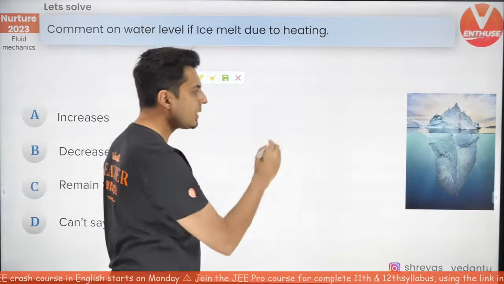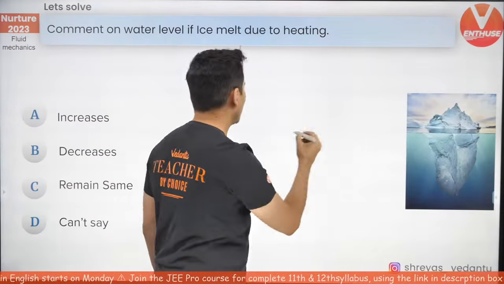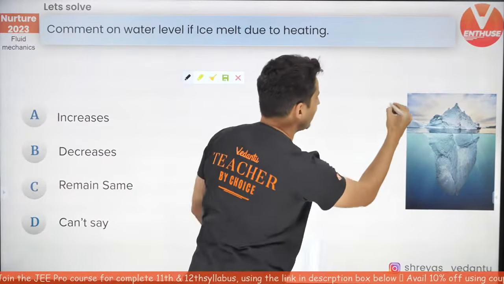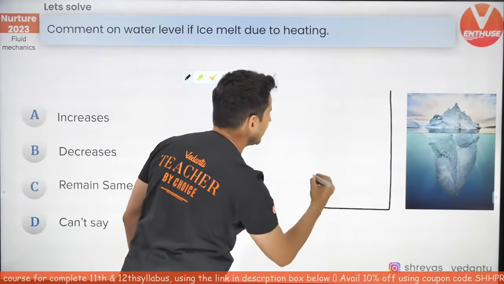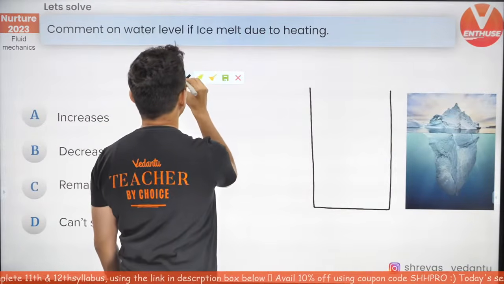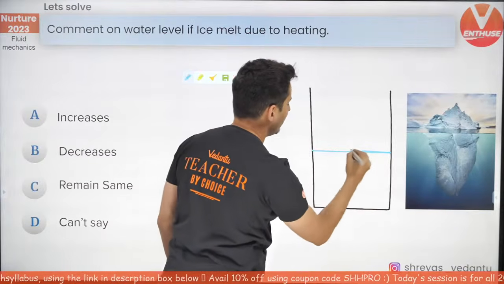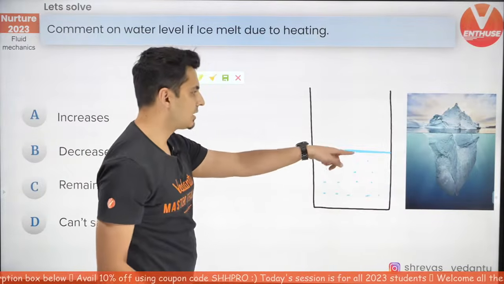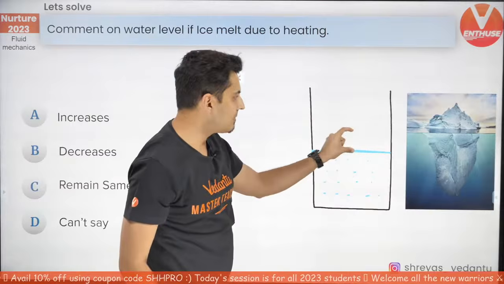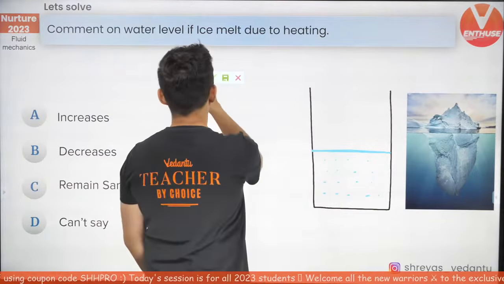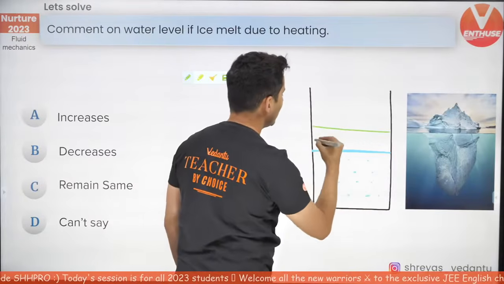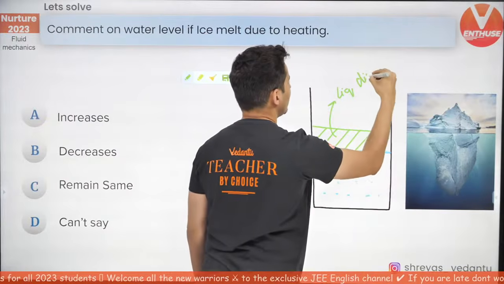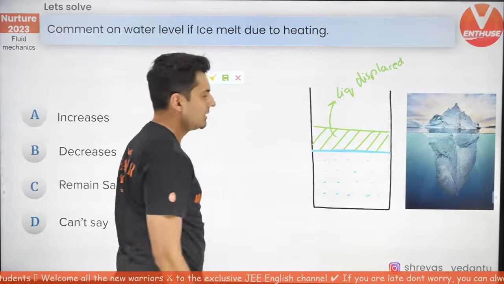First of all, okay, there is some liquid which is displaced. Just think of it this way. Imagine that container. This is our container. And let's say there was no iceberg in it. So the level of the liquid without the iceberg is only this much. The moment you add the iceberg, you can see some amount of water is displaced. So basically this is the amount of liquid which is displaced.